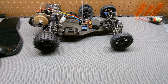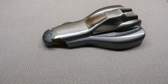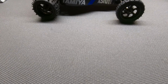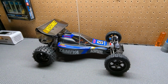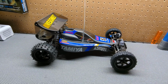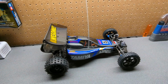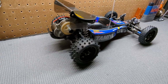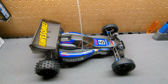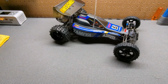Now I'm going to take the film off the body. Let me set the camera up. All right, I'm going to get some decals on this. We're going to put the lower tray on. I'm going to put the wing on, and we'll be back. Okay, you guys ready for the reveal? All right, as you can see, I did use all the original stickers in pretty much the same locations as